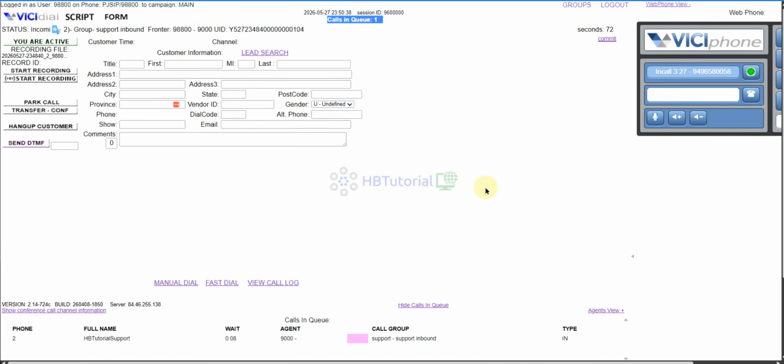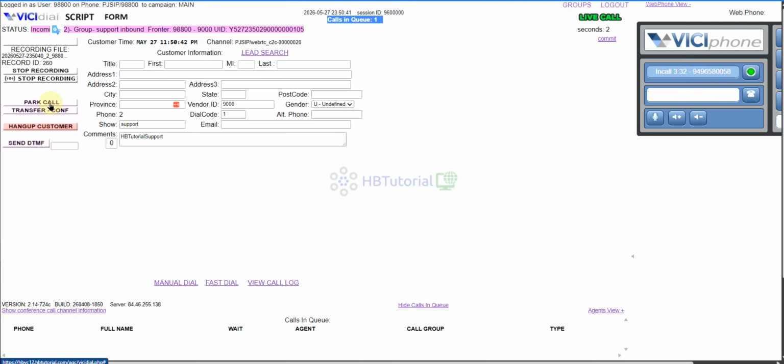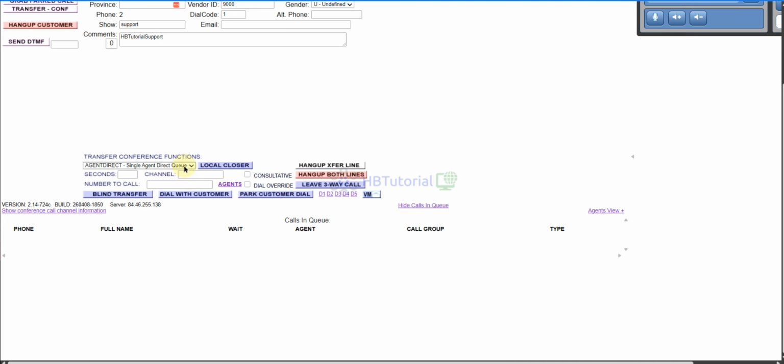Another way to transfer: let me mark transfer conference, and then closer, and then this one. This transfer could be predictive, or you will need to speak to the agent first.